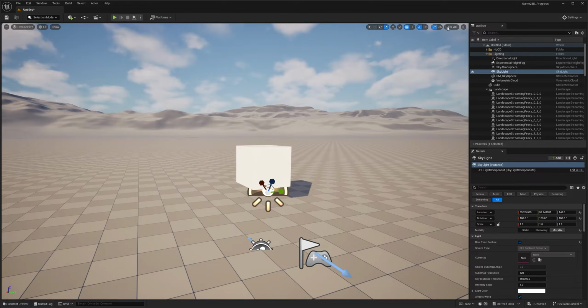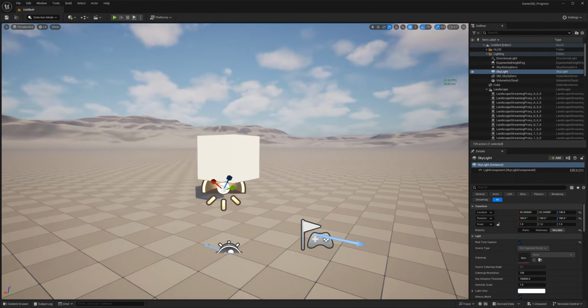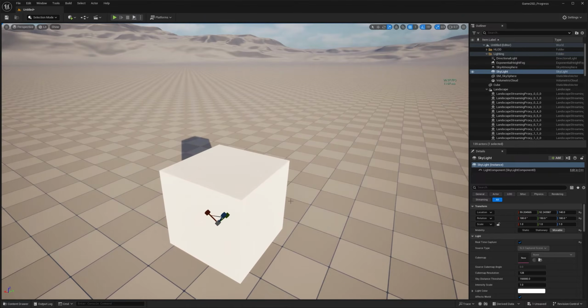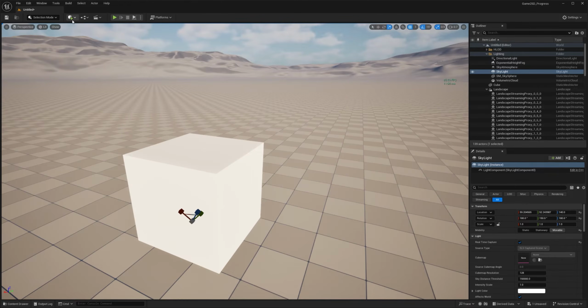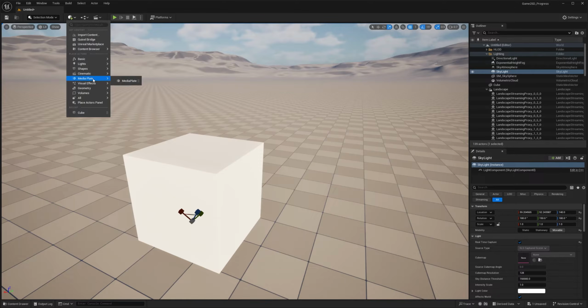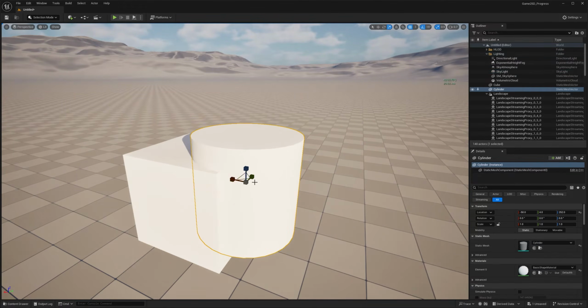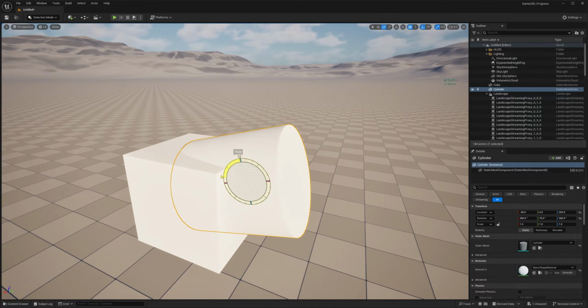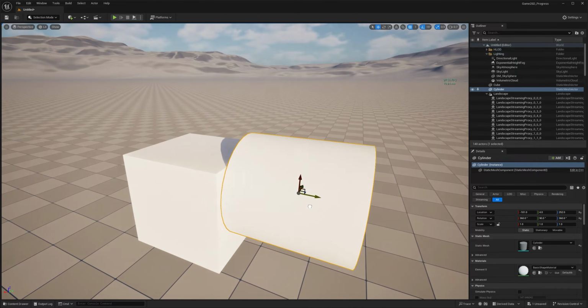Okay, that's cool. So there's only one icon left. If you click on it, that's your surface snapping icon. This is very cool. So let's say I want to put a cylinder on the side of this cube here. So I go here to my top left, my content menu. I just go cylinder, and then I start moving the cylinder around, and I need to rotate it, scaling, position, facing to face. That's just too much work.